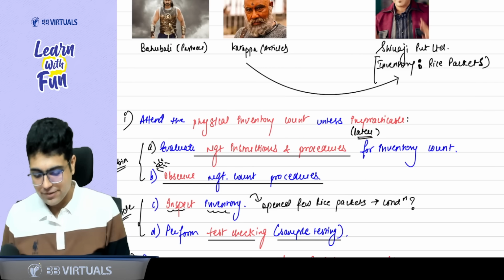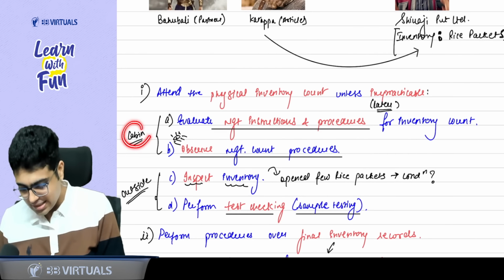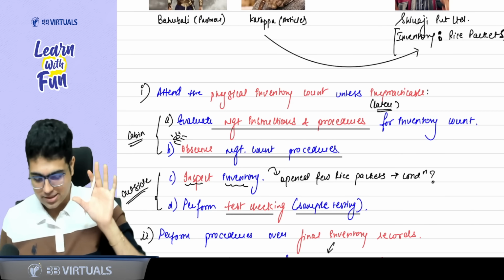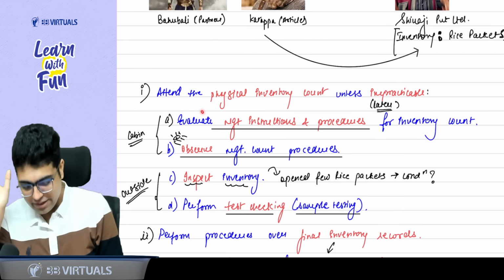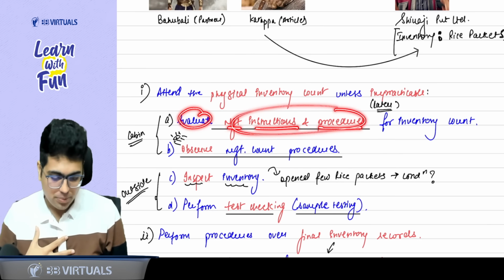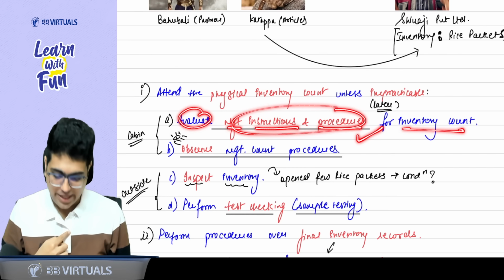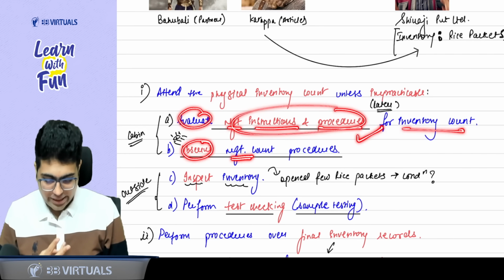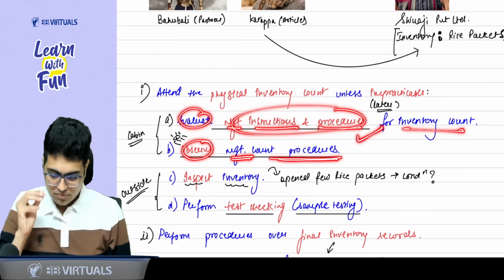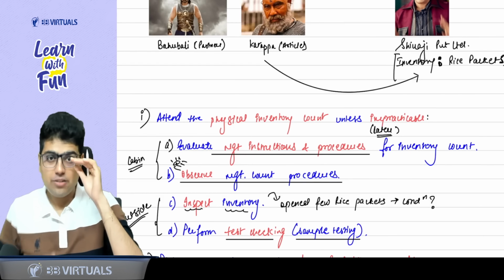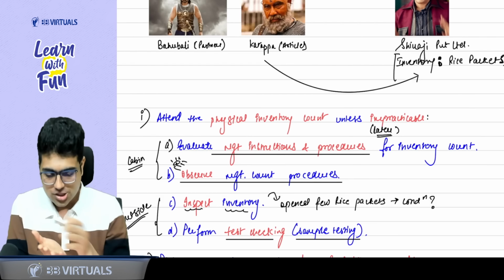Now, when you are attending the inventory count, let's say the article is in the cabin. You know, when the articles go for inventory count, they are asked to sit in a cabin. Yes, sir. So when he is sitting in the cabin, he will evaluate the management's instructions and procedures, how the management will properly do the inventory count, because it is the work of the management. Then he will observe whether the people of the entity are properly counting the things or not. So he will observe the management count procedure. So in the cabin, the article will evaluate whether proper instructions are there. Then he will observe whether people are properly counting the inventory or not.